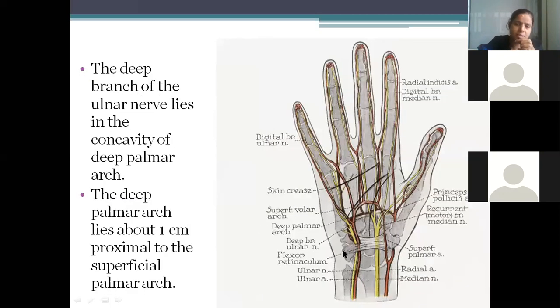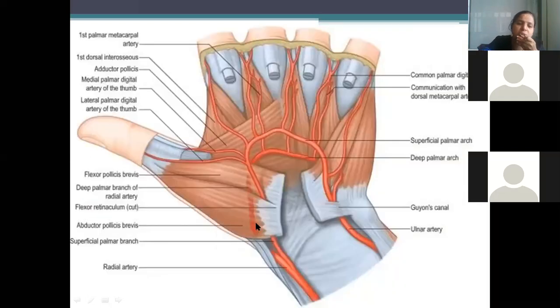These nerves I will discuss exclusively, but just observe, don't read anything. This is the little finger. That means which artery is this? Ulnar artery. And which nerve is this? Ulnar nerve. So the ulnar nerve is medial to the ulnar artery. This is the median nerve, which is medial to the radial artery. The radial nerve is found behind, not in front. So you can see the positioning now.